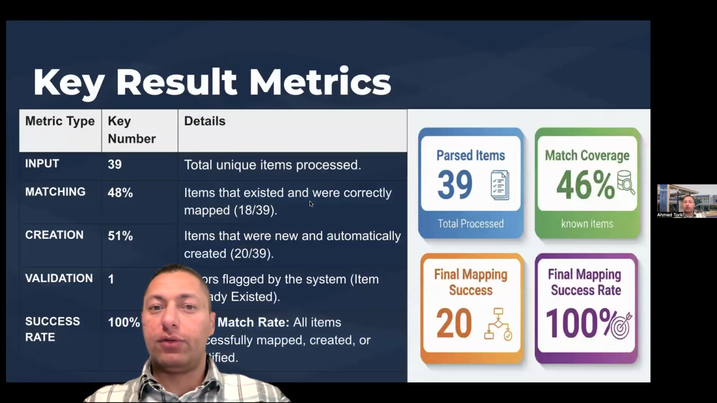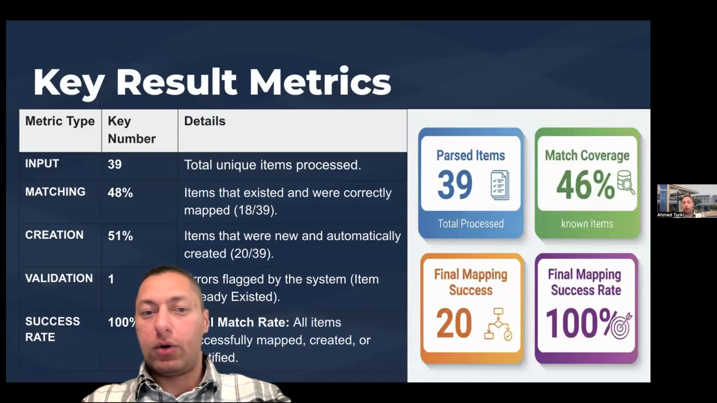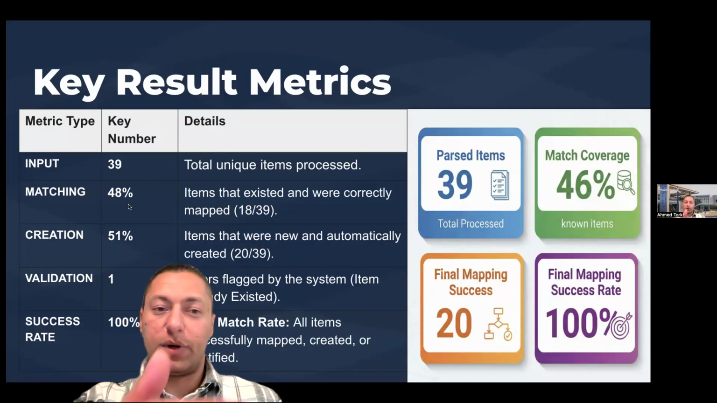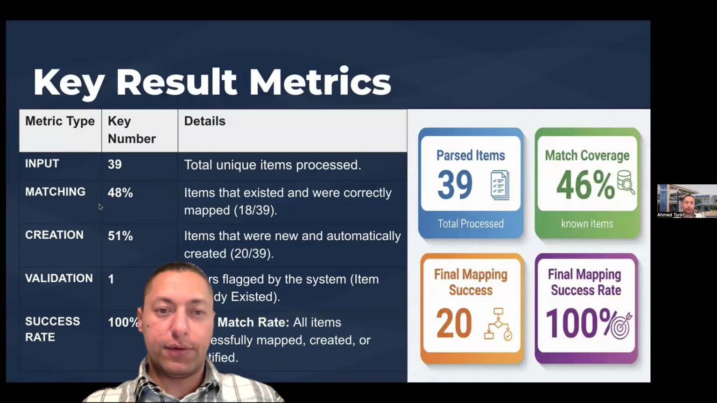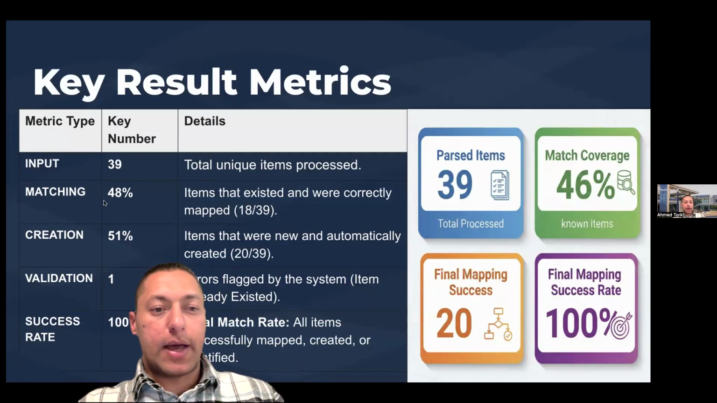And here are our key result metrics. I applied this workflow on 5 customers, and this is one of them. We have an input text file. It had 39 unique menu items. It had more than this, but we only parsed the unique menu items by also using the hash set to filter the duplication. And we found that